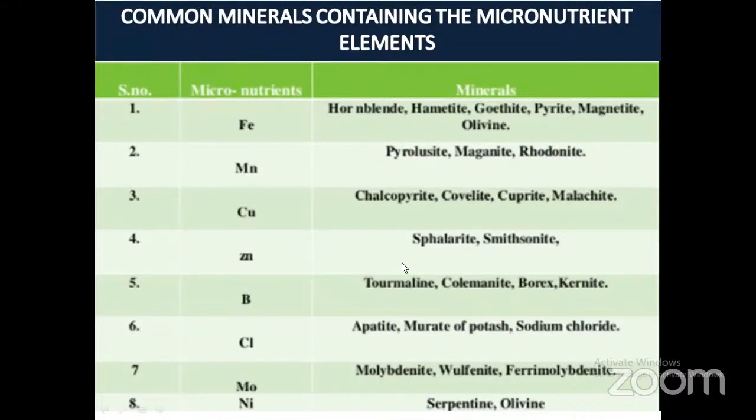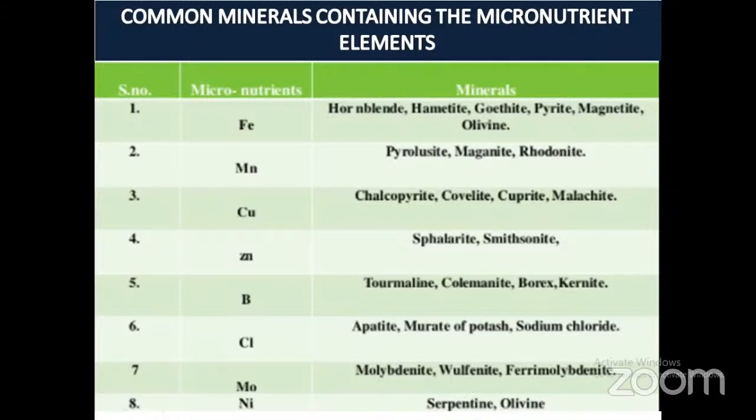Okay. Next is zinc. Zinc containing minerals are sphalerite, smithsonite, hemimorphite is also there. So sphalerite, smithsonite, hemimorphite. Boron containing minerals: tourmaline, very common question. Colemanite, borax, kernite. Another is chlorine containing minerals. So it is apatite, muriate of potash, KCl, sodium chloride, NaCl. Molybdenum containing minerals: molybdenite, wulfenite, ferrimolybdenite. Another molybdenum containing mineral that is asked in objective questions, you write it as